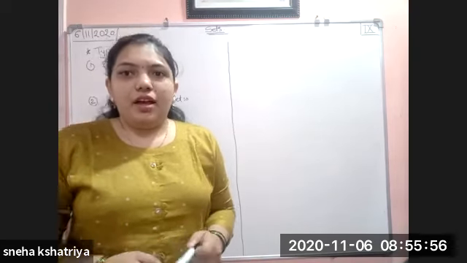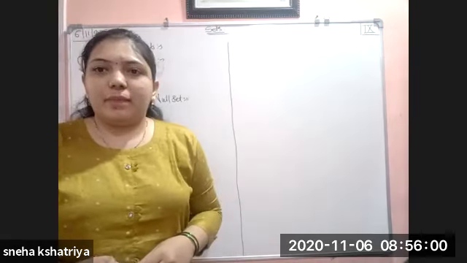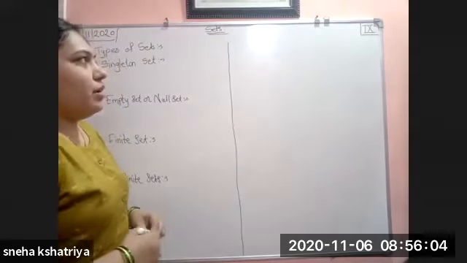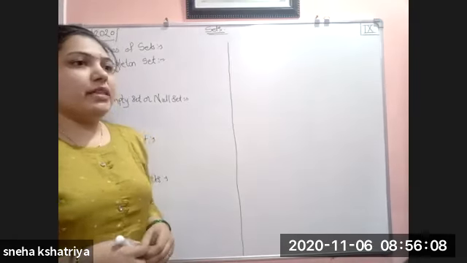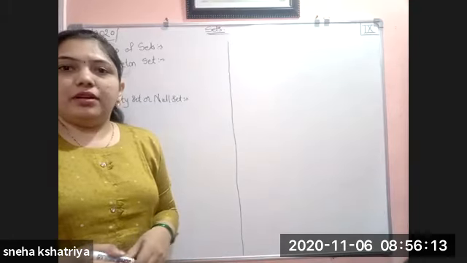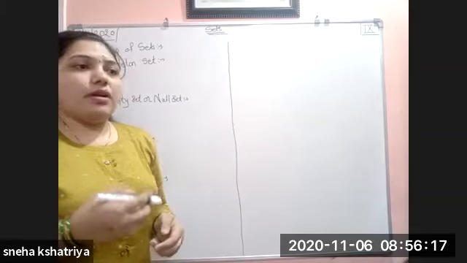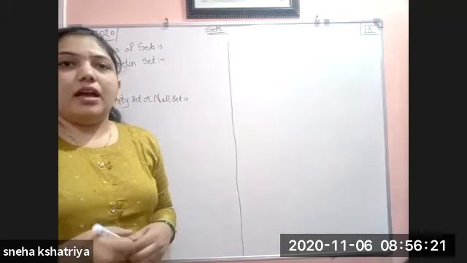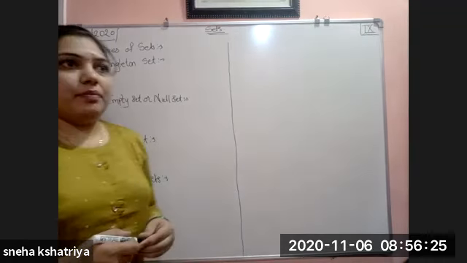In the last lecture we started our next chapter, that is sets. Now we are going to continue it. In the last lecture I took practice set 1.1. Before that practice set, we learned what sets are, how they are denoted, what the elements or members of the sets are, and what the types are.